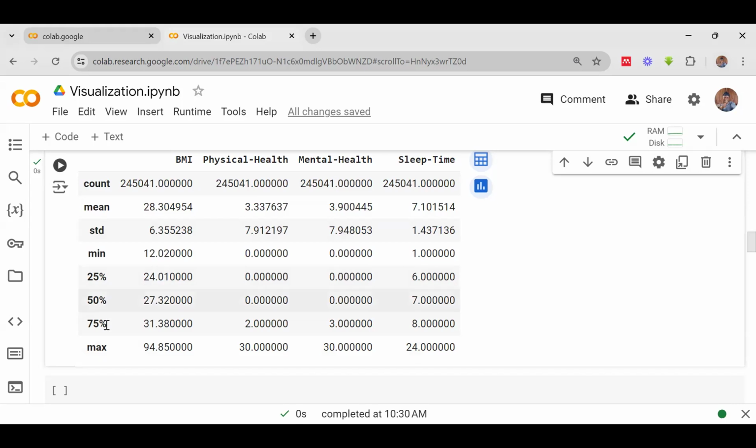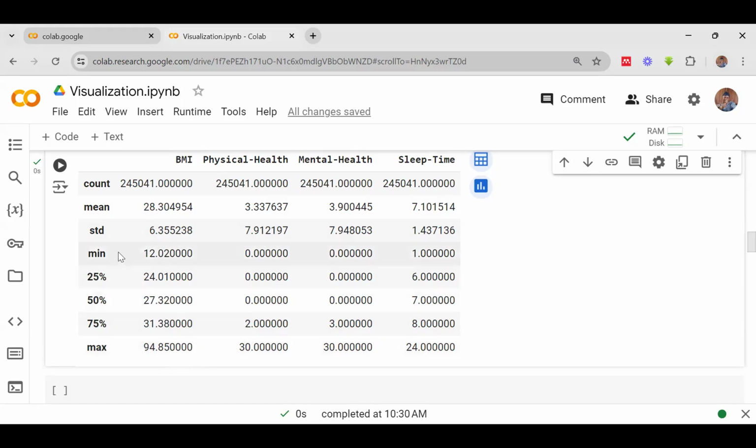Another thing we can do is to check the minimum and maximum, add them together and divide by 2. 12 plus 92, let's just say 110, divided by 2 is about 55. So we check the mean and the median against the sum of maximum and minimum divided by 2. If they are not the same, it means we should be expecting